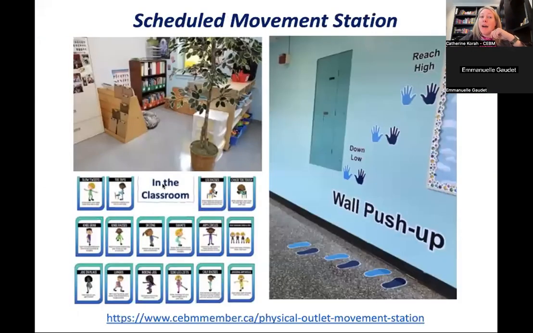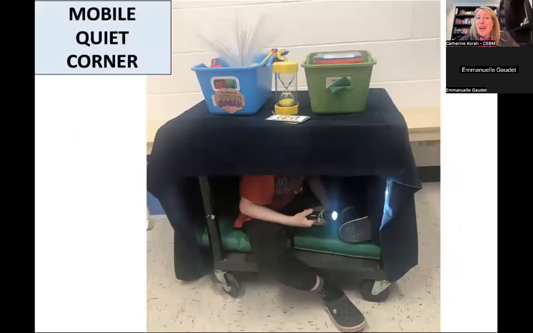It could be that we have a movement station in a corner of the classroom and it's well hidden from the group so it doesn't distract, or that we do it in the hallway. And so for tier 2, we would be scheduling this for the student. We could even have a mobile quiet corner. I know my colleague Zarina, who's working at the center with me, especially during COVID, when it was an issue with the bubbles, had created this mobile sensory corner where this was available for students anywhere and everywhere. And that was really helpful.